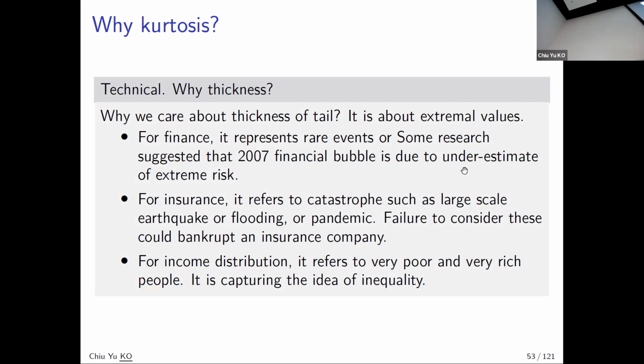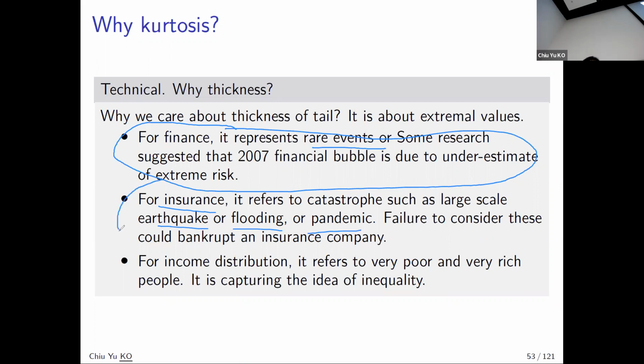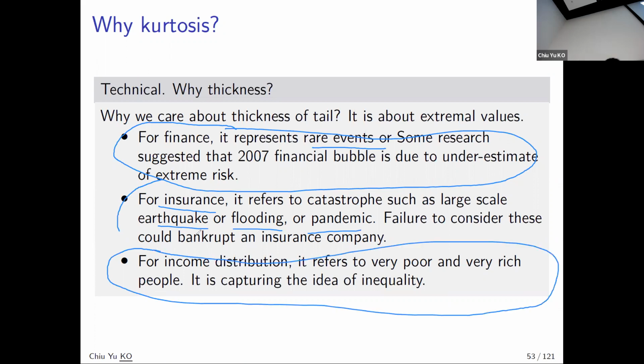Why we care about this is, as I said, for insurance you care about extraordinary risk, or rare events. That's why you care about kurtosis. For insurance, you care about earthquake, flooding, or pandemic. If you don't take those into account, then your company loses money. And again, for income distribution, we care about the Gini coefficient, and kurtosis is also an important measure to use